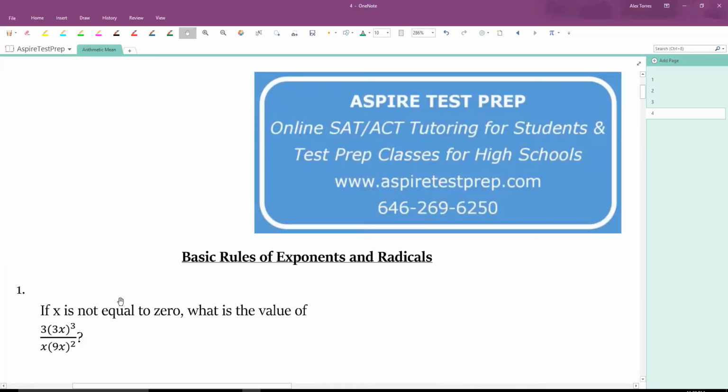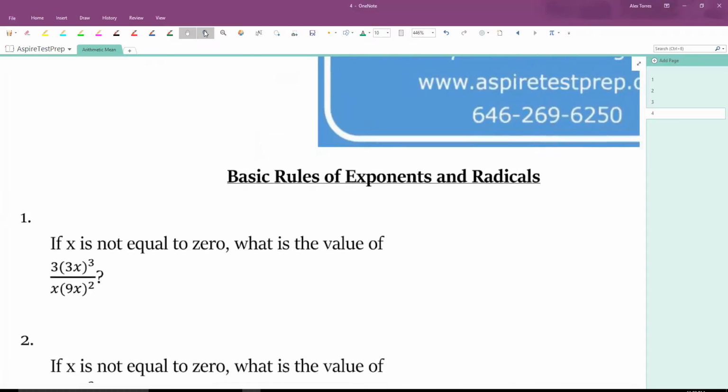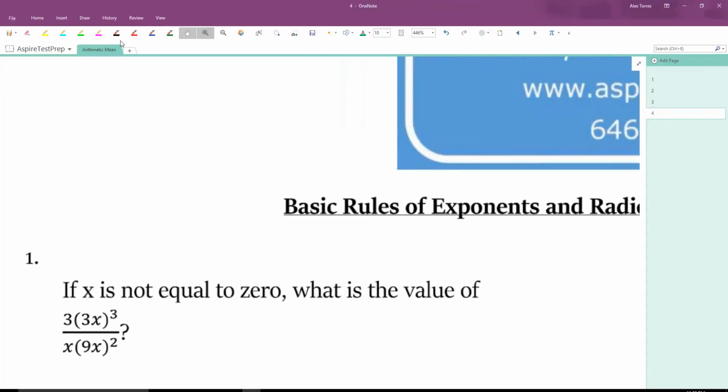Starting with question number 1, if x is not equal to 0, what's the value of the given expression? This question is basically asking you to apply the order of operations, PEMDAS. Please excuse my dear Aunt Sally. The order of operations says that you should think about the parentheses and the exponents before you think about multiplication and division, and addition and subtraction, of course. But applicable to this situation, we want to use the exponents before we do anything